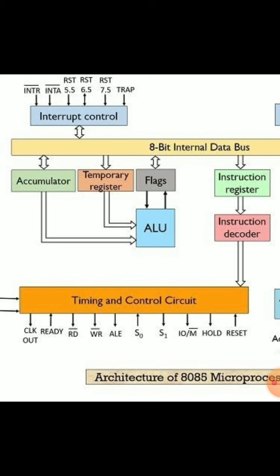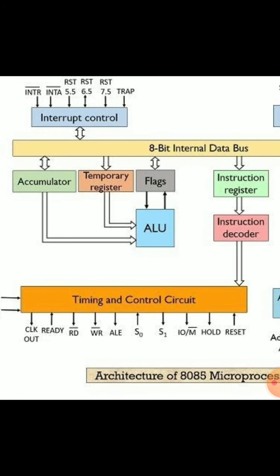I'm going to explain the accumulator with one example, the ADD B instruction. What is the ADD B instruction? The content of the accumulator, the A register, is added with the B register, and the result will be stored in the accumulator. That is the concept here. After the ALU operation, the result is always retained in the accumulator. That is the major role of the accumulator.